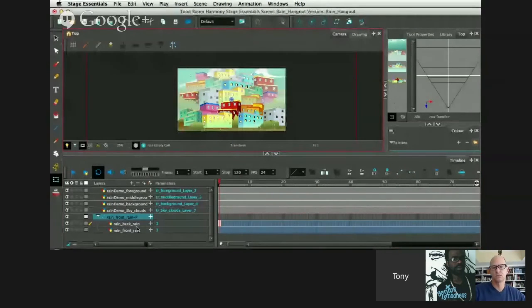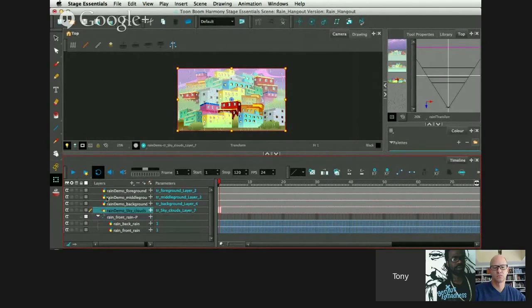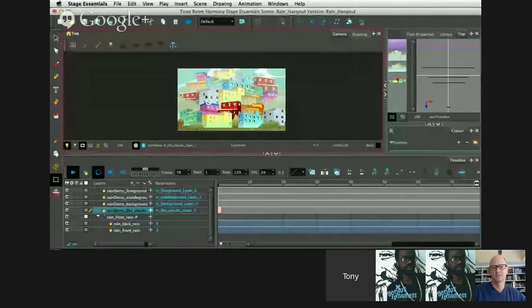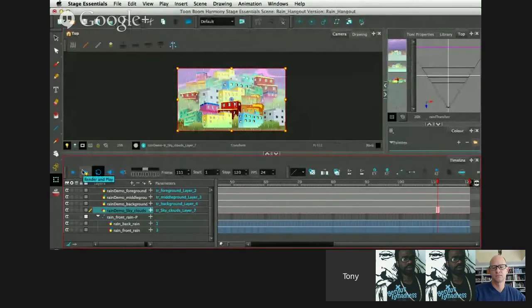All right. So we've got our rain tilted. All right, and play. So to me, that looks a little better than the rain just coming straight down. But the cool part is, if all of a sudden you cut to another scene, you could actually rotate it the other way and just have it coming straight down. All right, so that part is done. What time is it? 3:55, looking good. All right, now